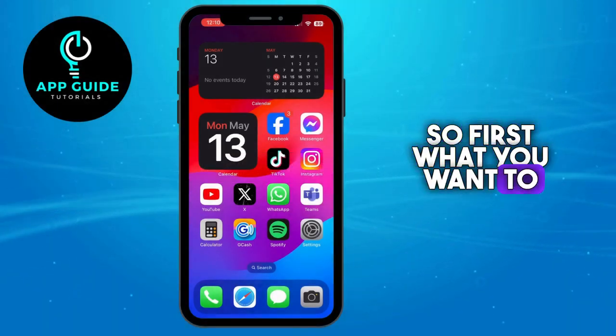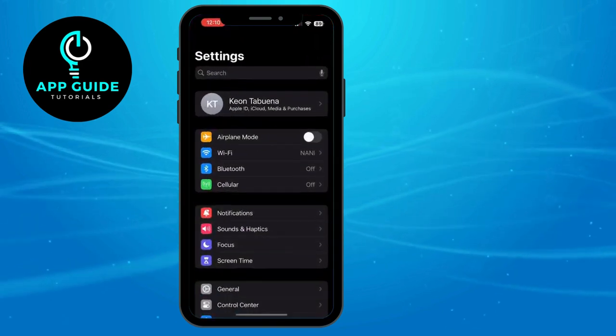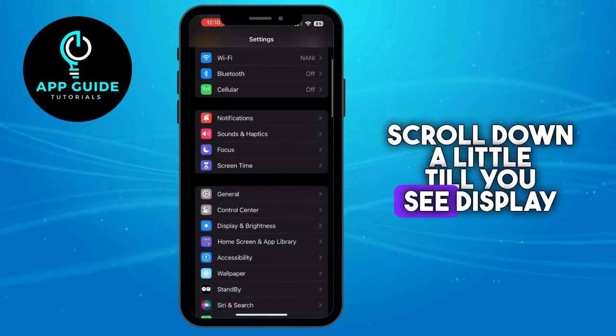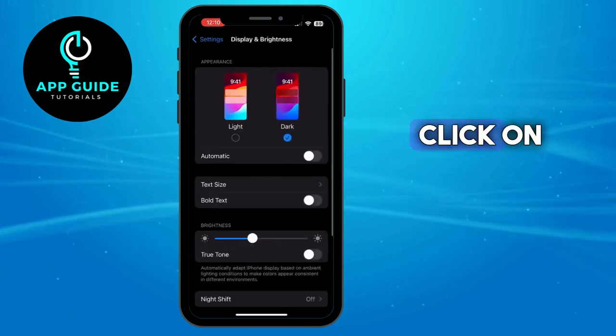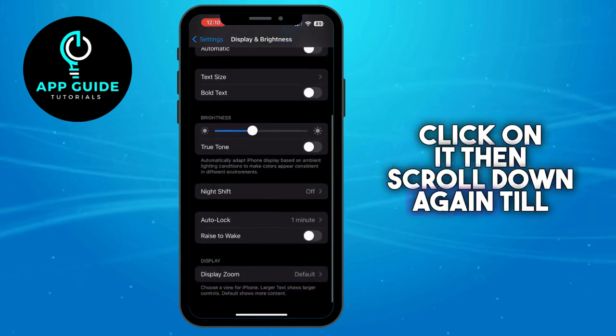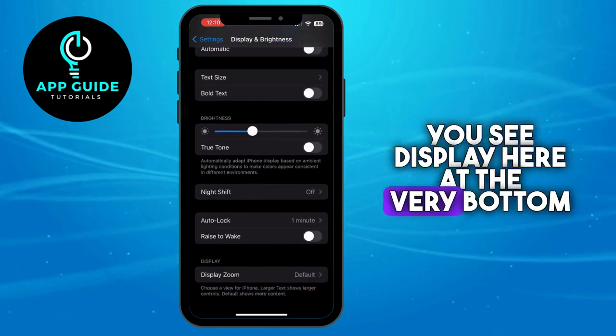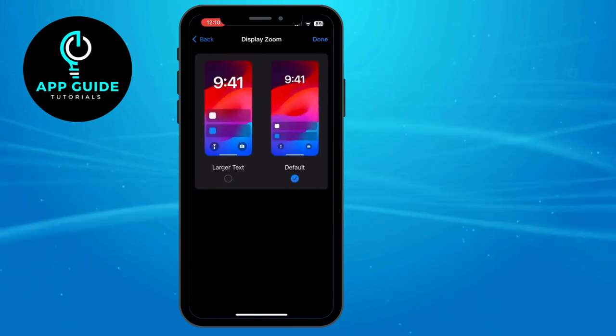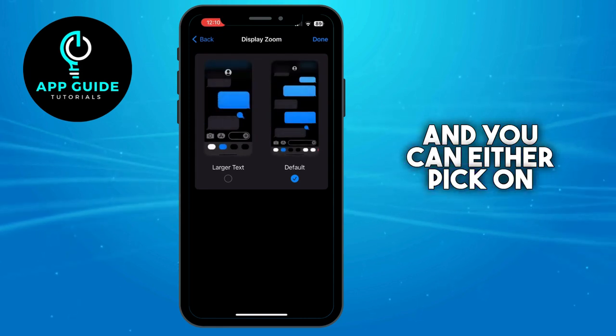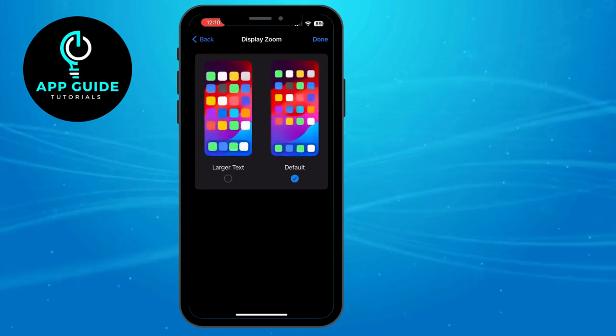So first, what you want to do is click on settings, scroll down a little till you see display and brightness, which is under the control center option. Click on it, then scroll down again till you see display here at the very bottom. So just click on display zoom right there, and you could either pick one of these two, larger text